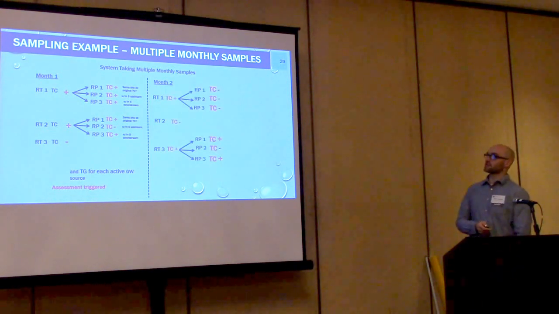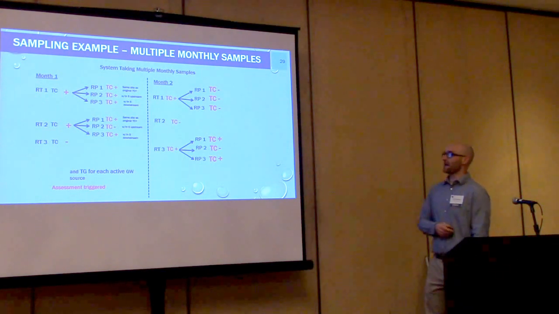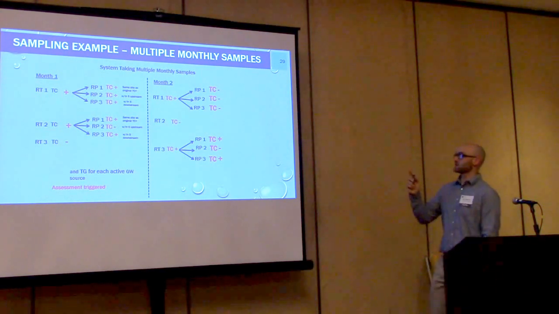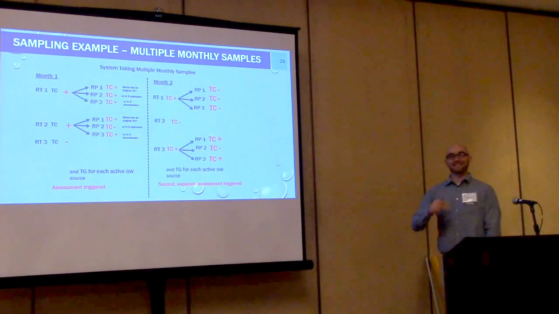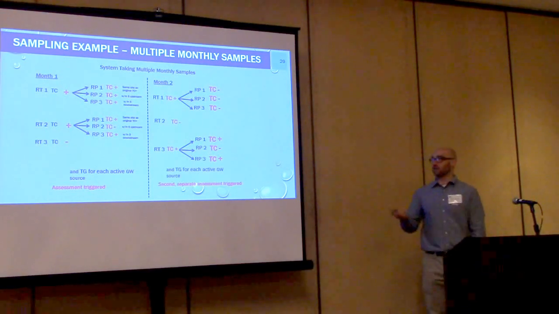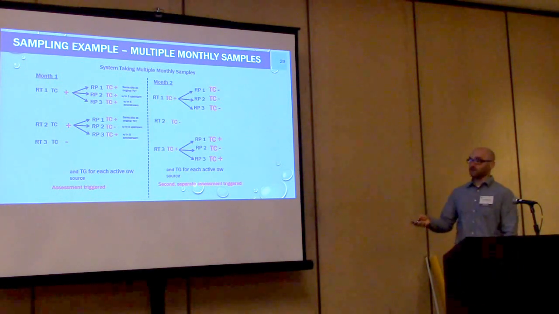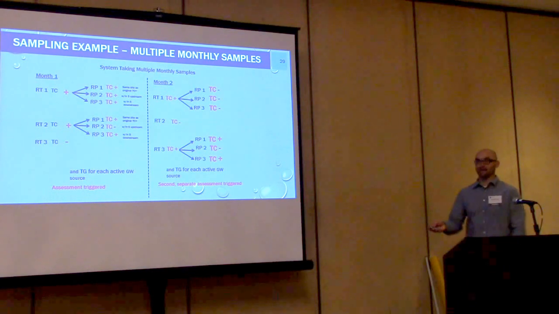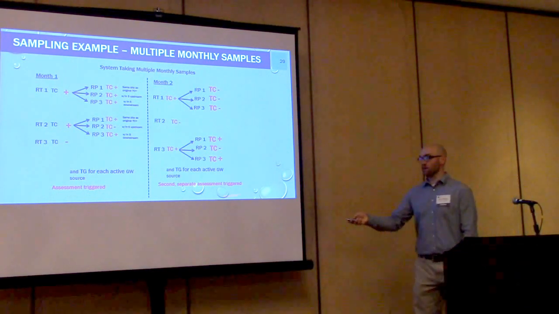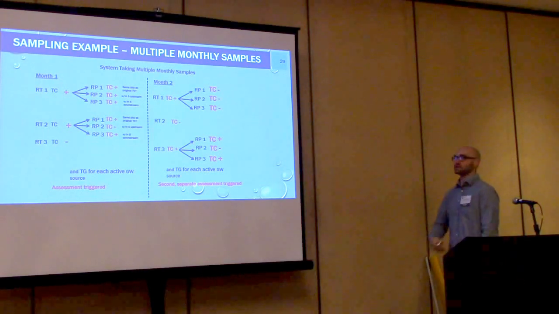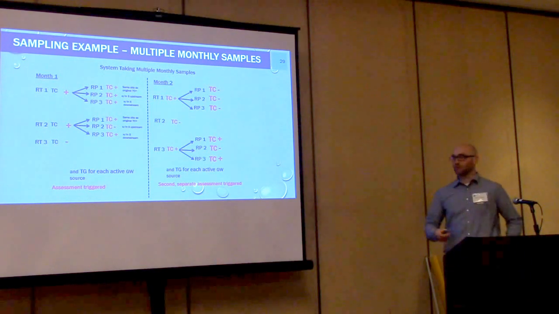Just so happens this system wasn't able to get the assessment done on time, had some issues, had some more positives, things are going on. There's 1, 2, 3, 4 positive samples. This triggers a second assessment. So you still have to do the one from this month, and this now would be a level 2. If this is the second level 1 in 12 months, it's a level 2. So this is more serious. The state or a contractor is going to have to go out and assess your system. It means you're having repeated issues, widespread problems that we don't want to see.